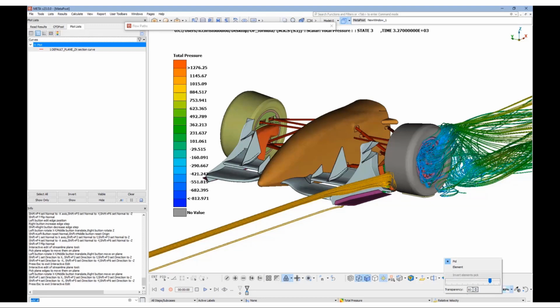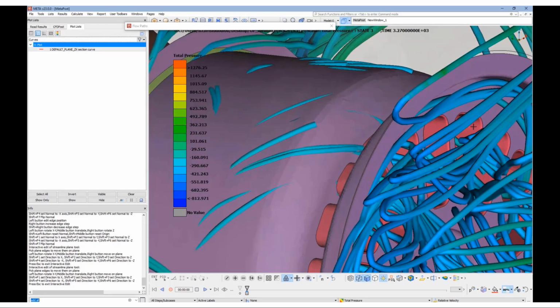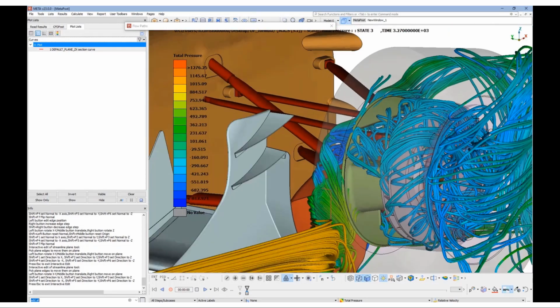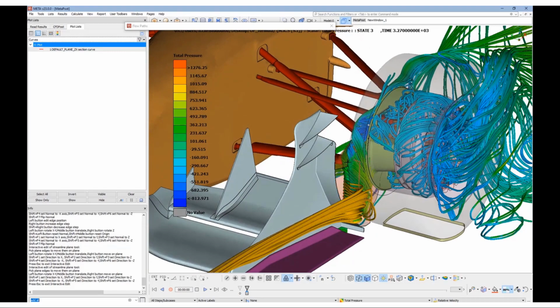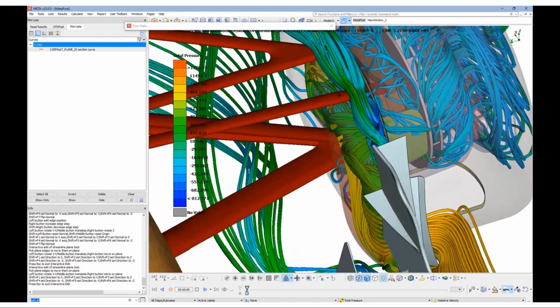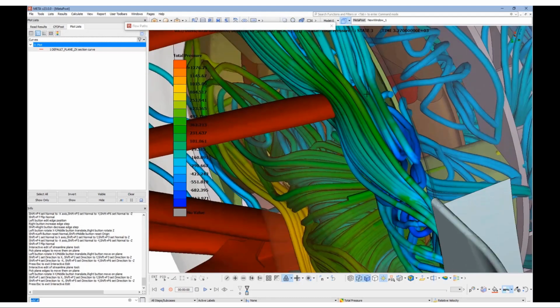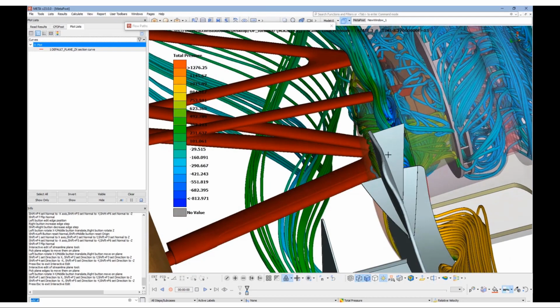Let's make now some PIDs transparent in order to see the flow inside. This can be done by activating the transparency button and setting there the desired transparency number as a percentage, and then clicking on the PID. Now it's much easier to see how the flow behaves inside the cooling duct.